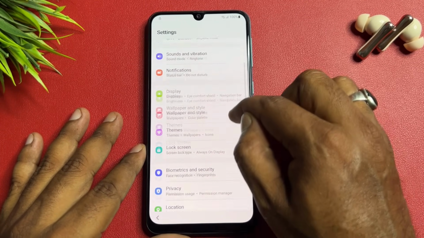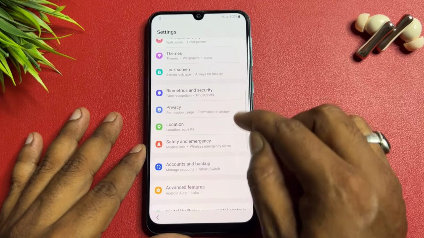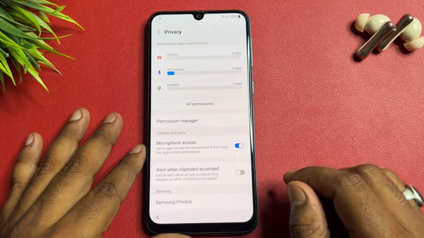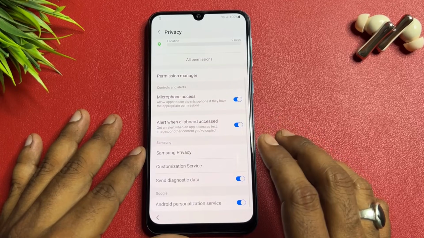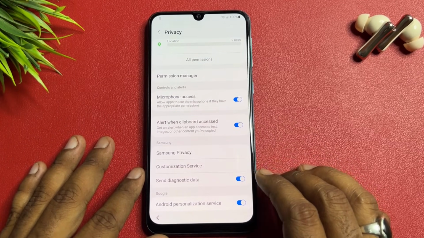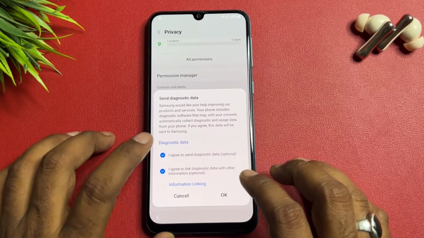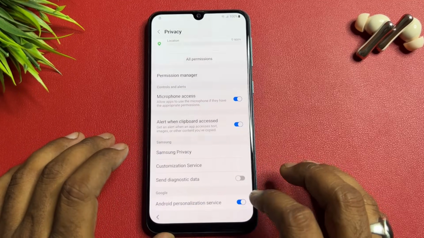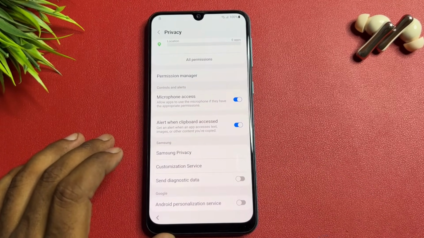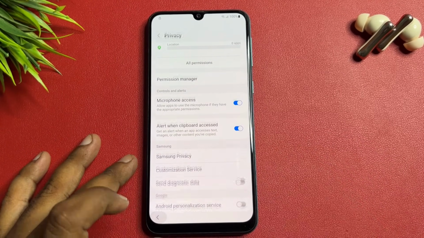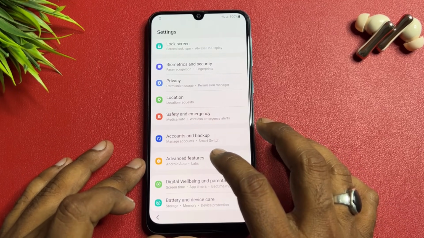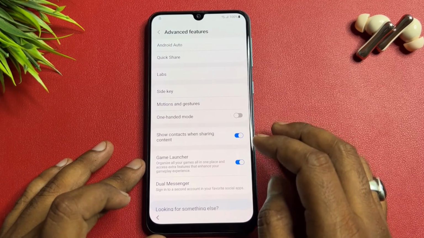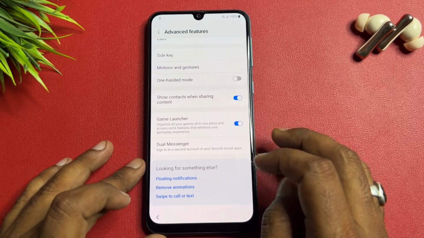So you have to go to the first option, this is privacy. After that, my friend, you have to turn on the last option and go again, and you have to disable both of these options. Okay, done. After that you have to go back again, and here you have to click the advanced features, and here you have to go to the last option,